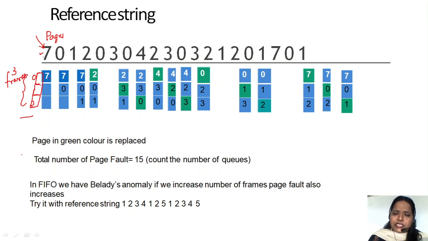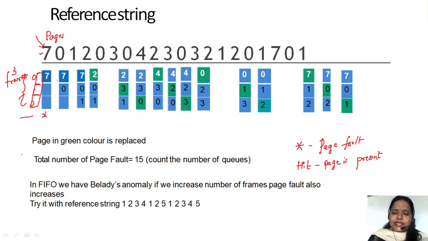Now if we want to insert the string, we enter into the first frame. So 7, it is a page fault. Here I'm telling you that this star indicates a page fault, and if the page is there, I'll write it as a hit. Hit if the page is present. Fine. Here as there is no page, initially it was empty, as there are no pages loaded, this is the first page we are loading, so it is a page fault.